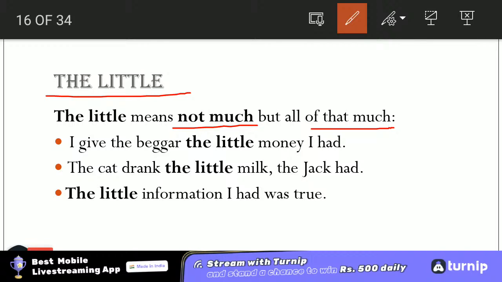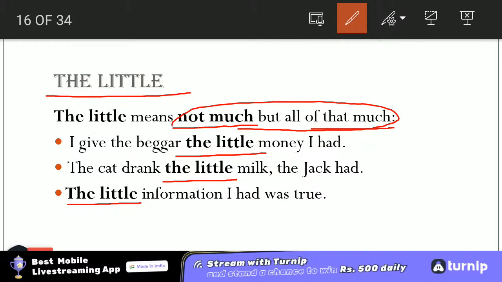So you must know where to use little, a little and the little. See, the little: I gave the beggar the little money I had. जो थोड़ा बहुत था वो भी मैंने किसको दे दिया? बेगर को दे दिया. The cat drank the little milk that Jack had. अब जैक के पास थोड़ा सा मिल्क था, वो भी किसने ले लिया? कैट ने ले लिया. The little information I had was true. थोड़ी सी थी और वो कैसी थी? सच्ची थी. तो जब थोड़ी सी सिचुएशन हो, not much but all of that, जितनी भी थी उतने का ही